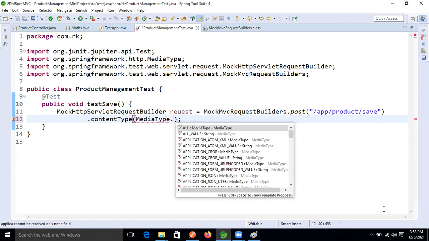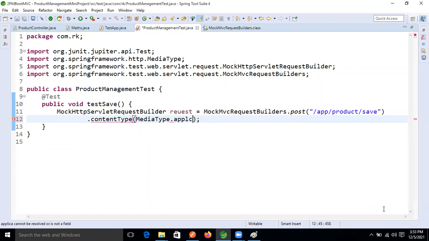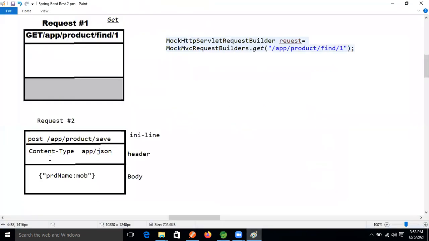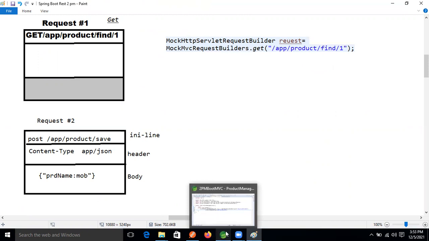Application JSON contains an underscore, APPLICATION_JSON. Like this we will specify the header section, which kind of data we are testing. So we have to specify the header section, content type, also.